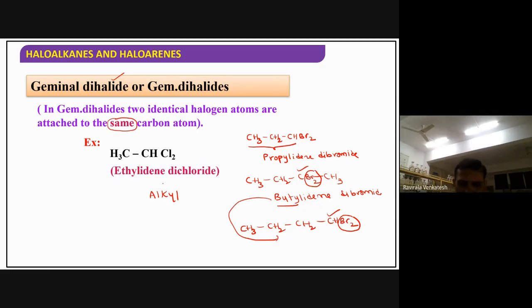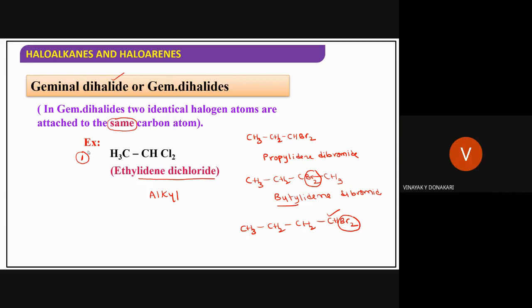So generally in examination, nobody asks this type of common names. In this common name, only up to idene you have to remember. After this, we need to use IUPAC nomenclature. Is anybody able to give the IUPAC nomenclature for this one? Let me take the first one. What is the IUPAC nomenclature for this one? Why better? Because without IUPAC nomenclature, even if you finish the chapter, you don't get anything, isn't it?